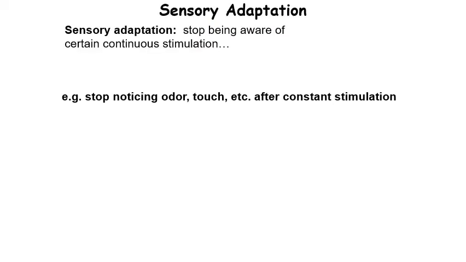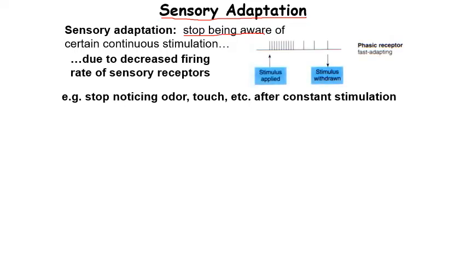Now let's look at some of the processes or the way in which these receptors operate. Okay, some of these receptors can go through what's called sensory adaptation. Okay, almost stop being aware, stop responding to the stimulus. That would be sensory adaptation. So if your sensory receptor is a phasic receptor, okay, these are considered fast adapting. So what happens in these receptors,